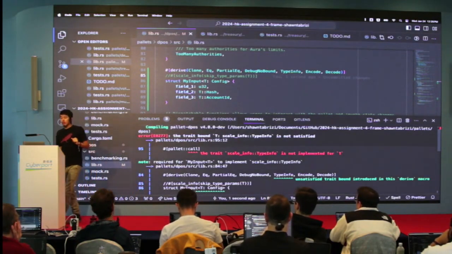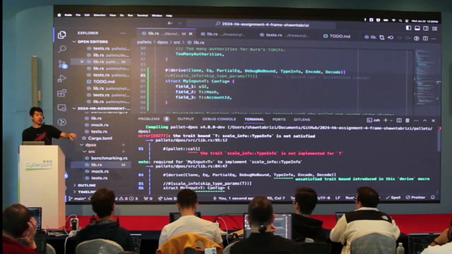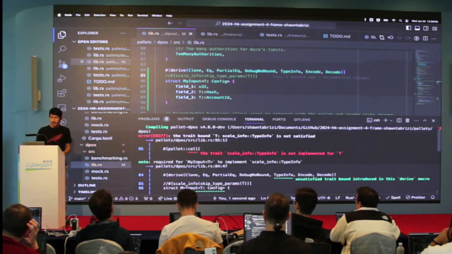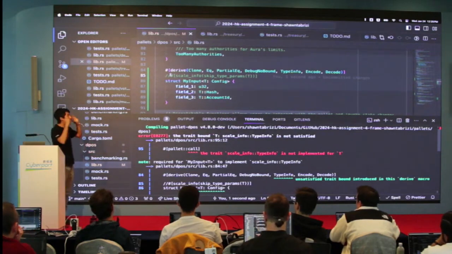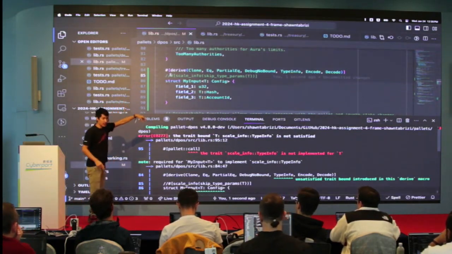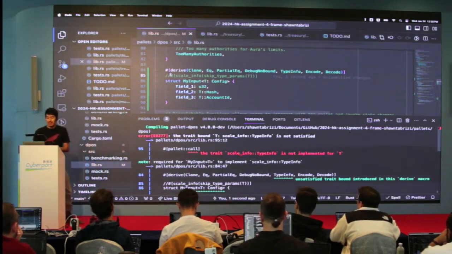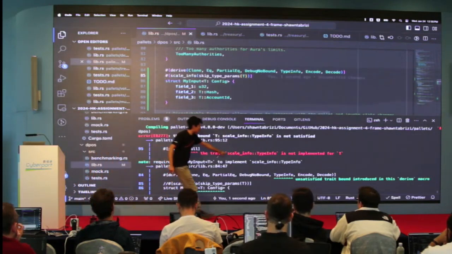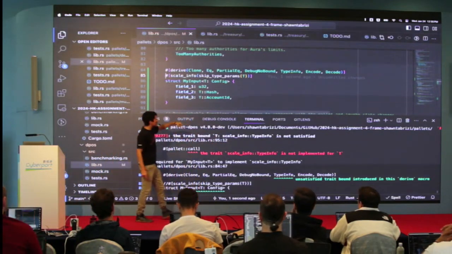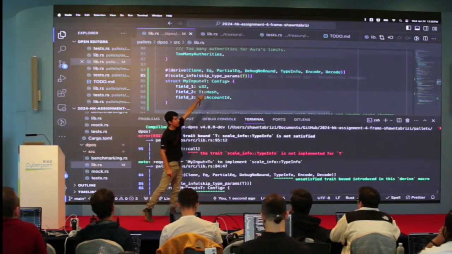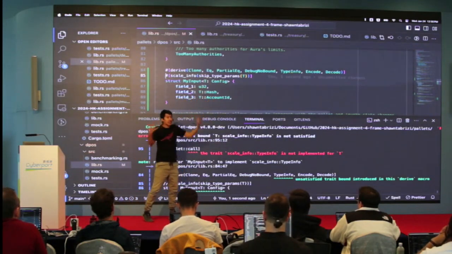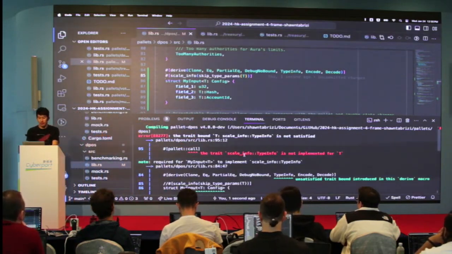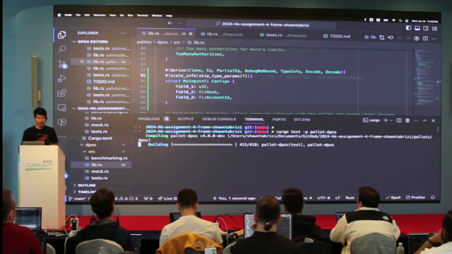So I want to show this current solution and then one more solution, and they're both equally valid. Remember, at the end of the day, all these types are concrete. The first solution is to tell these macros to skip T, okay? And that's what I did in two steps. The first one, this type info, this is coming from scale info. So you need to tell scale info, skip type param T. So it will just skip it. While it's generating its code, it will just skip over T and not need it. So that's what solves this problem.